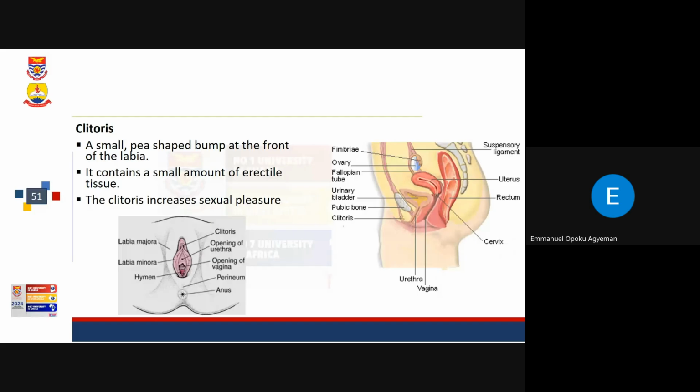Does it have any effect on their reproductive health? Yes, it can even give blindness. You see, one thing about the female reproductive system is that when the vagina, the vulva, becomes infected for a long time, it has a tendency of spreading upwards. It can spread to the uterus and the fallopian tube, and even to the ovary. That is in extreme cases if it persists.